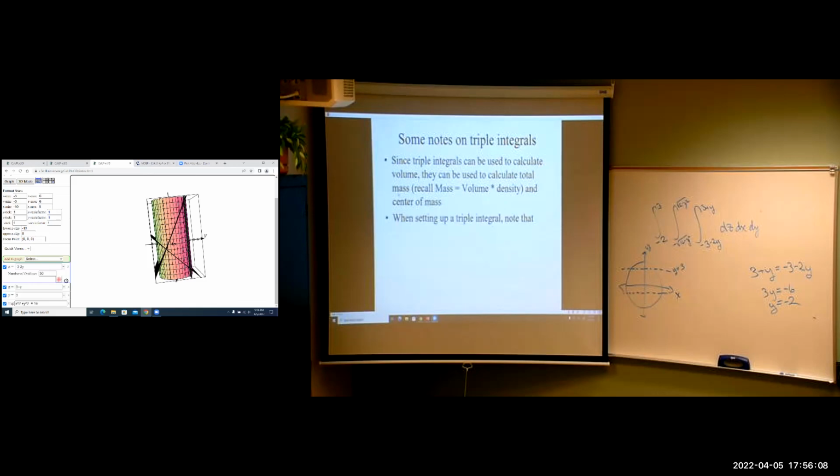And last thing, when setting up a triple integral, the outside limits must be constants, just like on a double integral. The middle integral can involve only one variable. You have to have a chance to integrate it out. And the inside can depend on 2 variables. It doesn't have to, but it can. All right. Now,